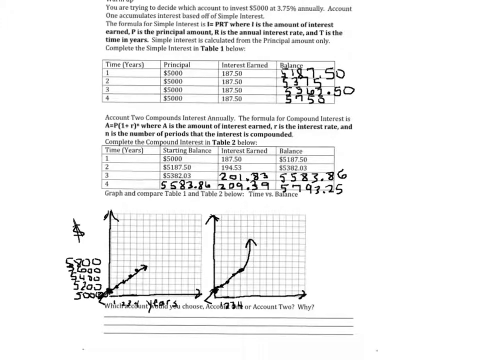In this lesson, I'm having students compare simple interest to compound interest. In the first table, simple interest is always based off of the principal amount. So it's always based off of that $5,000, that principal amount, the starting amount that we started with, times the interest rate 0.0375 when you change that to a decimal. And you'll always get that that's equal to